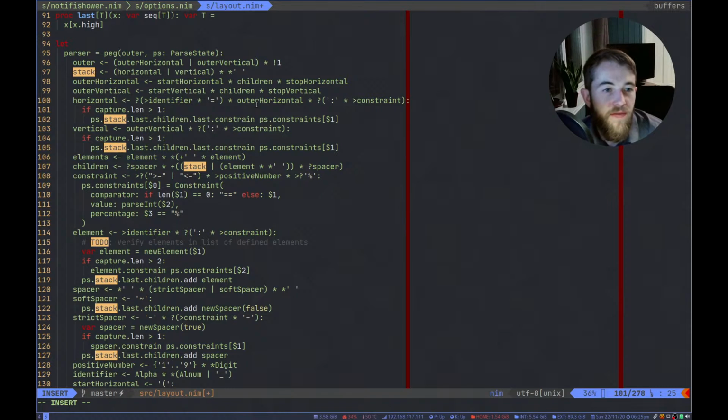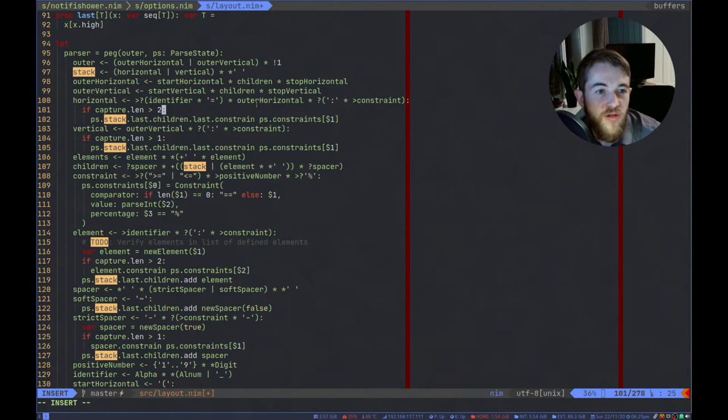Which means that this is no longer the case, if capture length is larger than 1. Because we're not right. That's a bad idea. So we have to capture this anyways. Like always capture this part, even though it's optional.